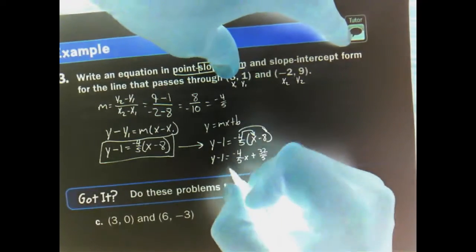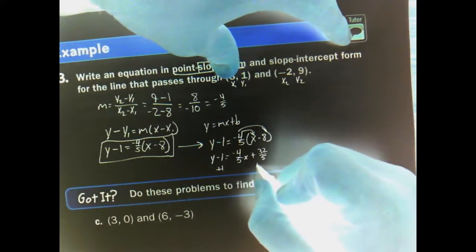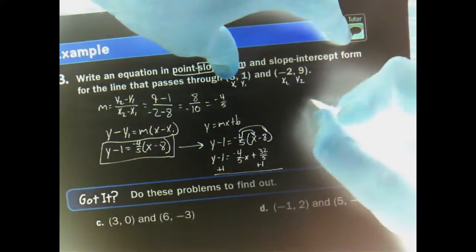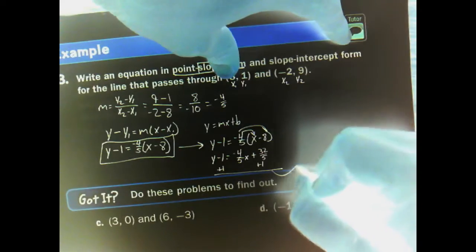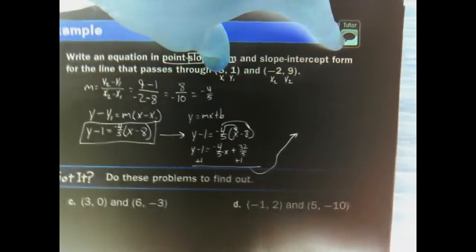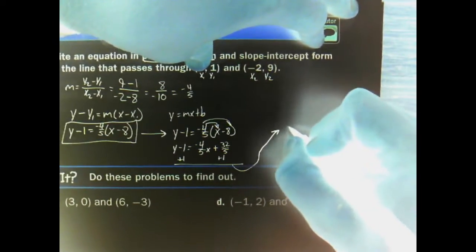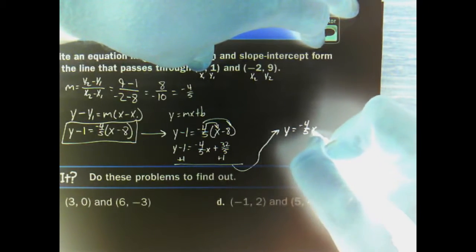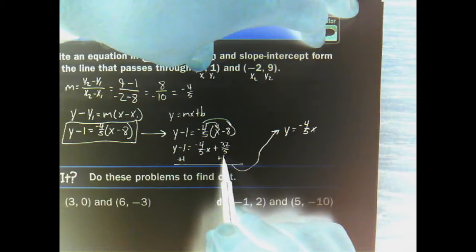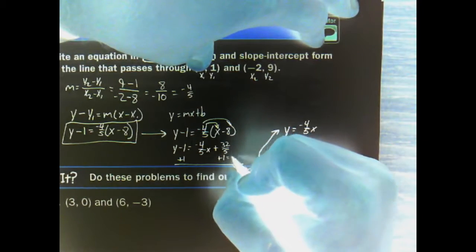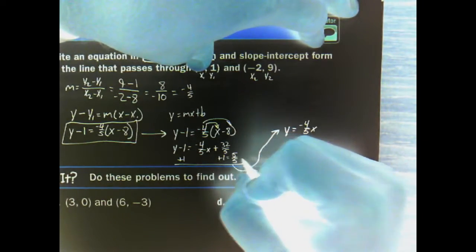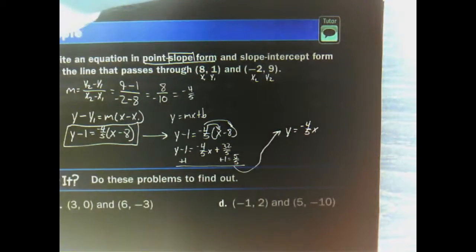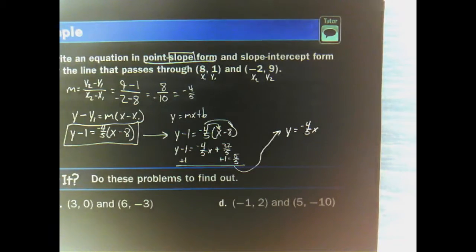Here I need to solve for y, so I'm going to add 1 to both sides. When I do that, I have y equals negative 4/5 x. Now, if I have 32 over 5 and I'm adding 1, 1 can be written as 5 over 5. So 32 fifths plus 5 fifths is going to be